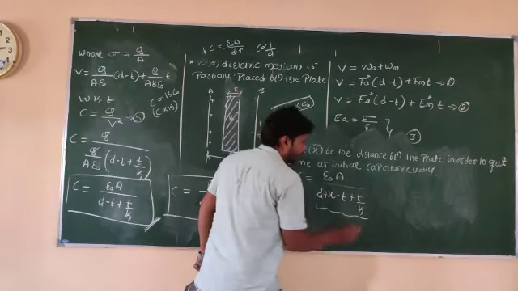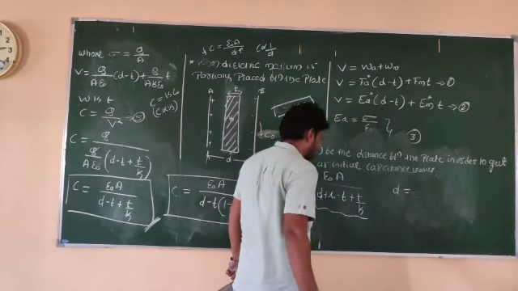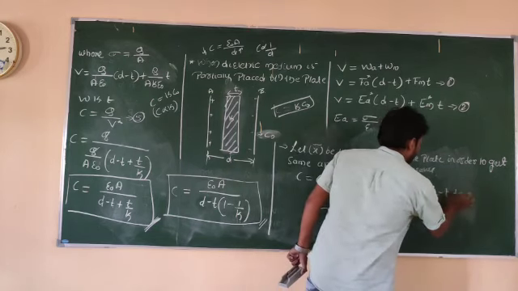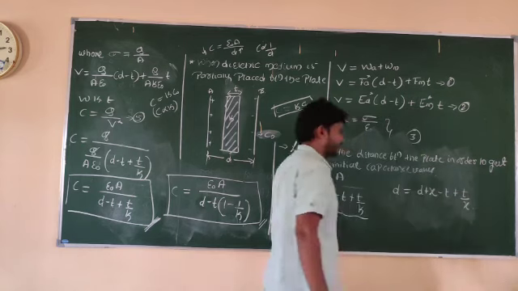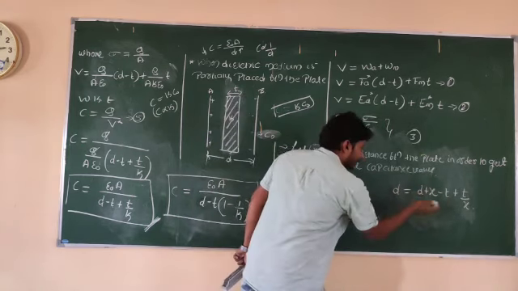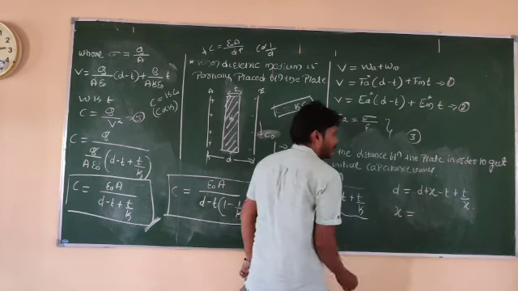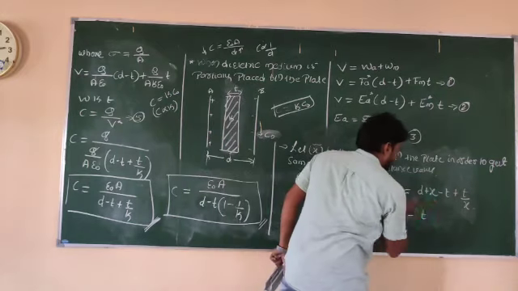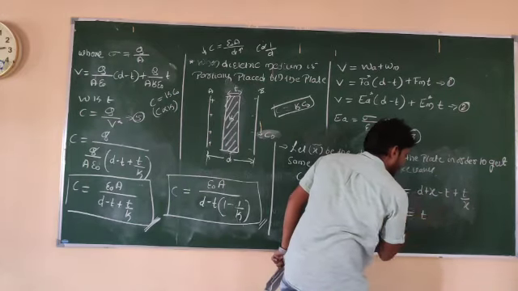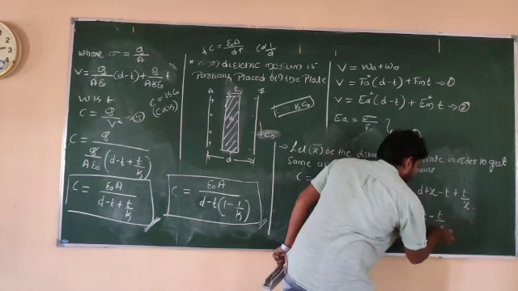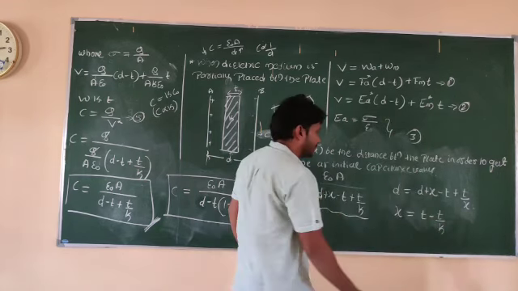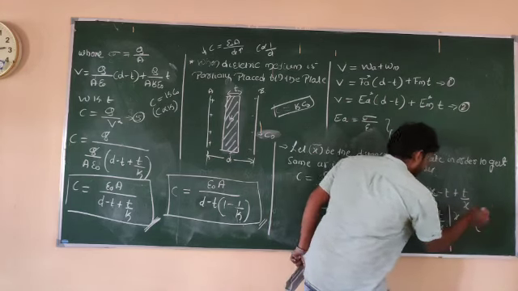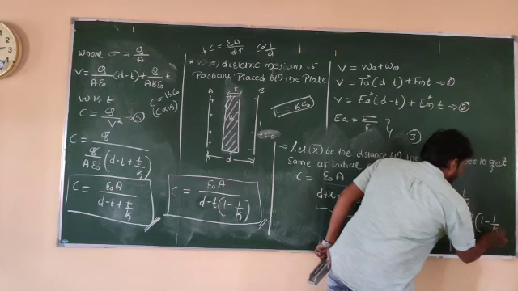So this entire distance, let me take it as d here. So d is equal to d plus x minus t plus t by k. So look here. The d term will get cancelled out. So x is equal to what? If that term is shifted to the left side, minus t becomes plus t, minus t by k. If I take t as a common factor, x is equal to t into 1 minus 1 by k.